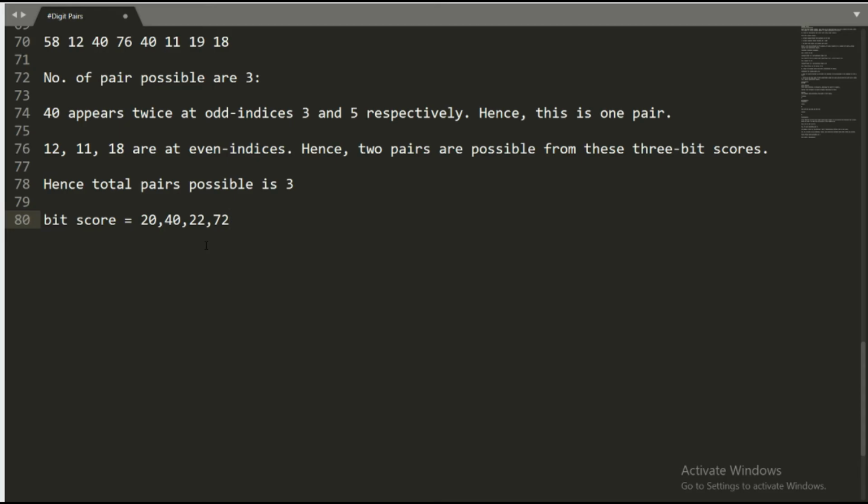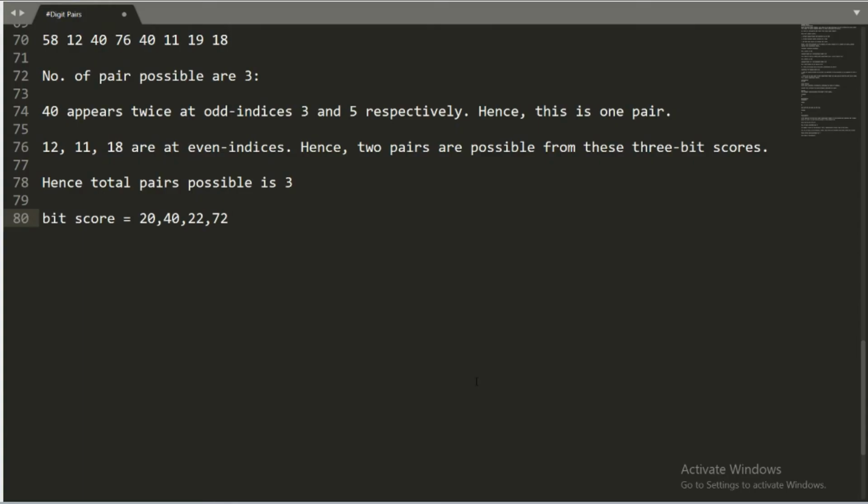Two times. So our value is 2. If the value is 2, then we consider 1 pair. If the value is greater than or equal to 3, then we consider only 2 pairs. And if the value is 1, then we consider 0 pairs.